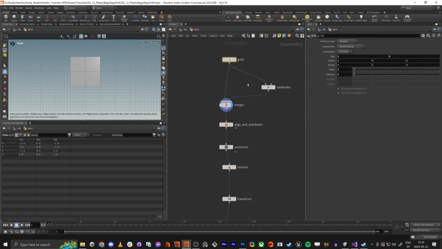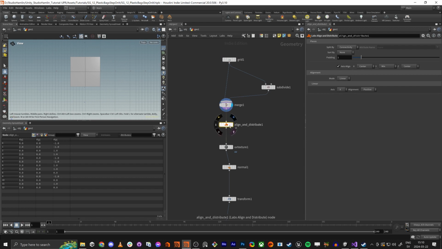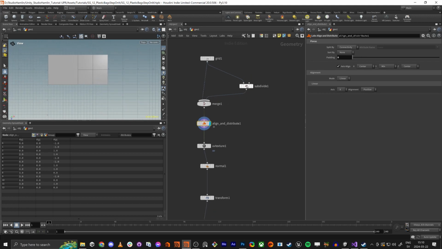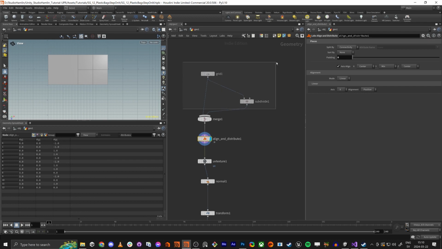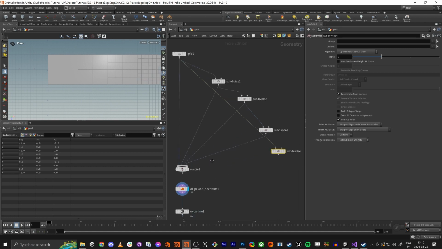So here we have 2 meshes, 2 by 2 units going into the merge, and I'm using the align from the labs. And here you can just align them like this. We're going to have them in the scene later. Then I'm just going to continue doing this because I want to show the different resolution. So if I do like this and put this one in here, this one in here,